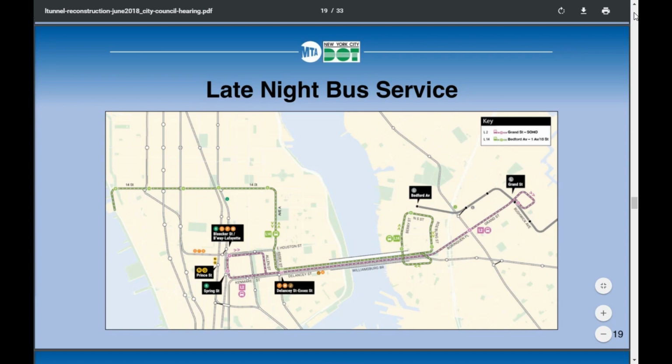Because if you look at it really, late night L1 buses, L2, well, it looks like the only SBS route that will operate at all times will be the L2 bus route. The L2 SBS route will operate at all times between Grand Street near the L train station in Brooklyn,